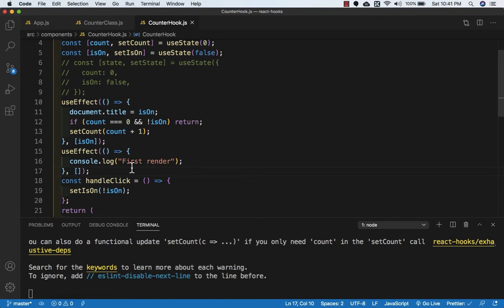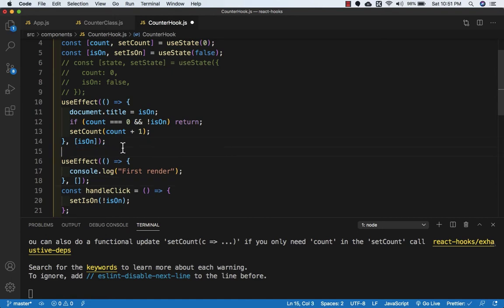With React hooks, it is very easy to do the cleanup. We just have to return a function from our effect function, and that returned function will be executed by React when a new effect gets applied or when the component unmounts. So let's see an example. Let's create another effect. So let me give some space,